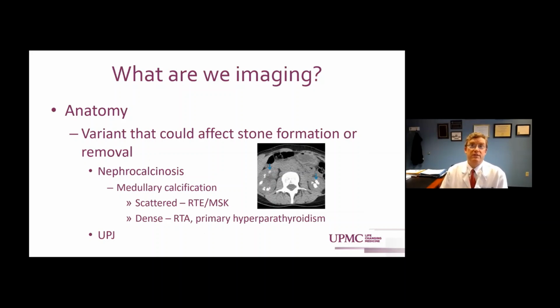Nephrocalcinosis is something we see in the kidney stone world frequently, and that would include typically medullary calcifications. We used to see on IVP, as each little pyramid was calcified. Now you can see on this image here, each of the medullary pyramids is calcified. You can see kind of scattered light calcifications that you might see in medullary sponge kidney or renal tubular ectasia, or more like this particular case where you see dense calcifications, more likely to be something along the lines of renal tubular acidosis,